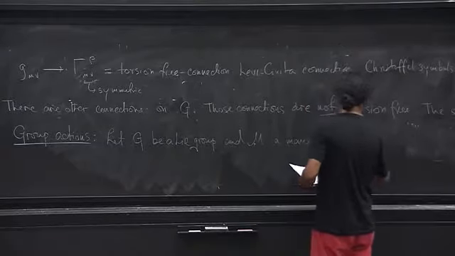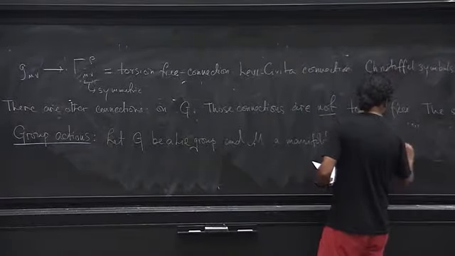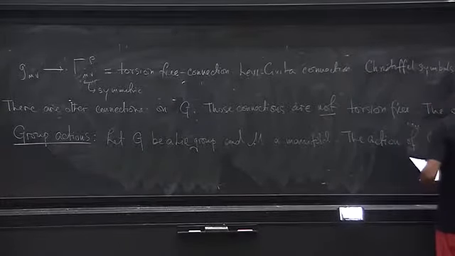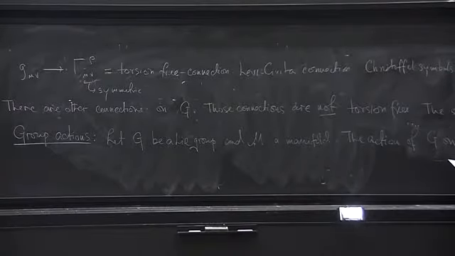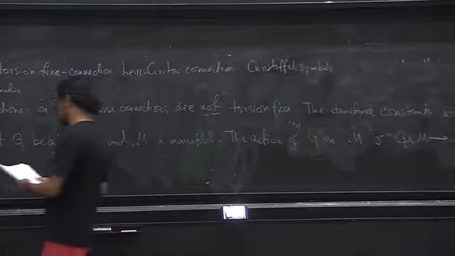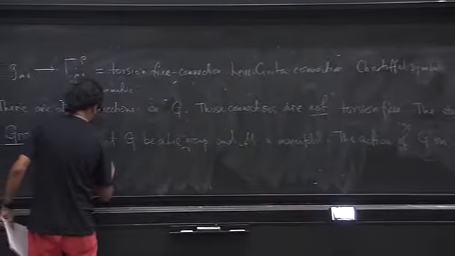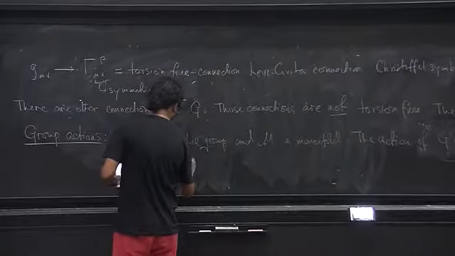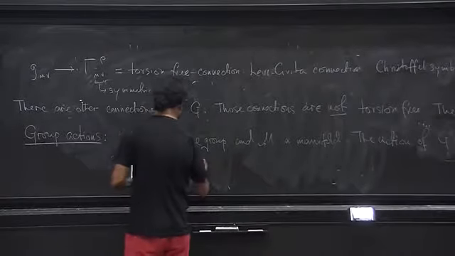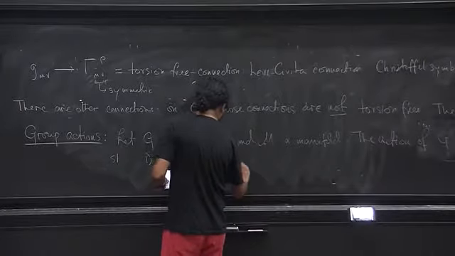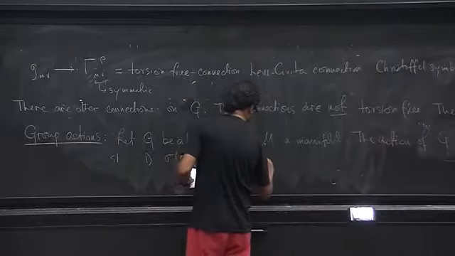The action of G on M is a map that goes from G times M to M such that the group action of the identity element on some point P is P, for all points of the manifold,